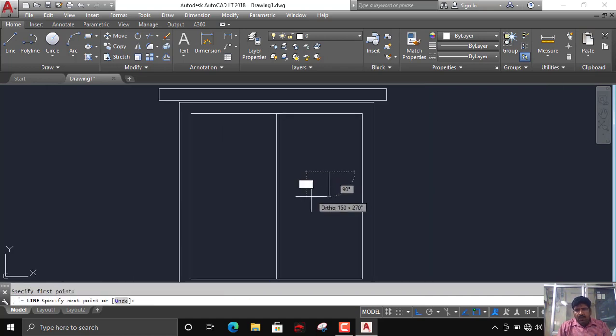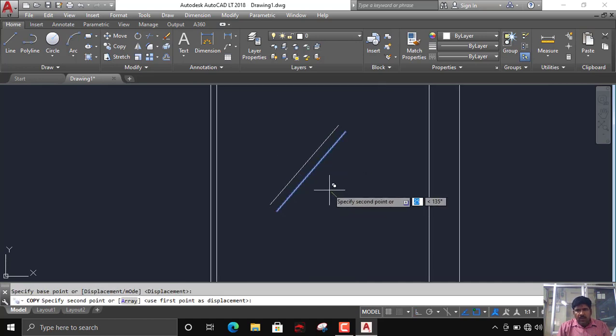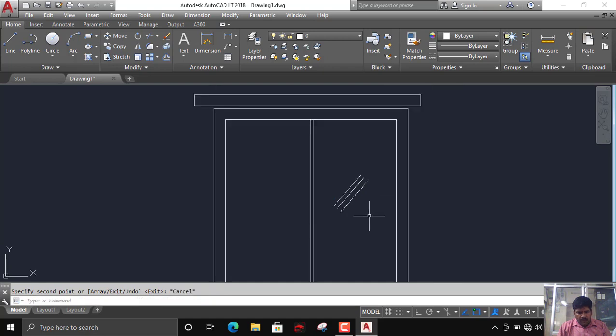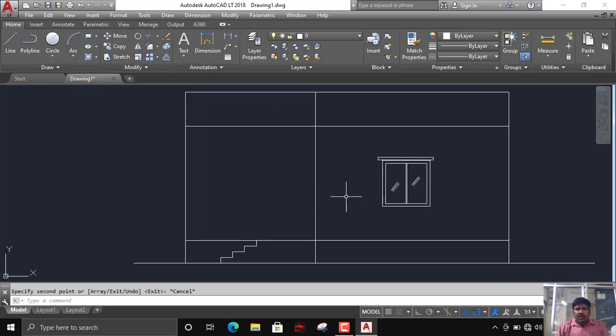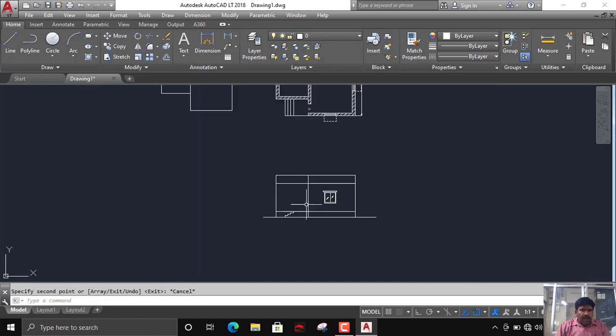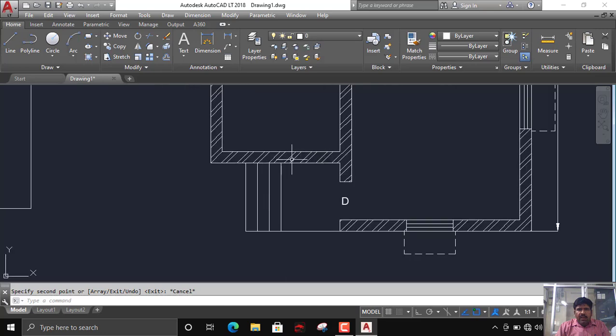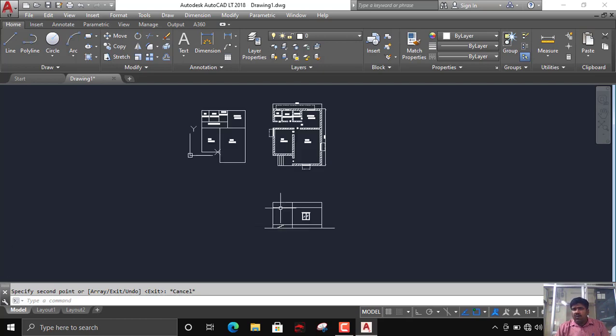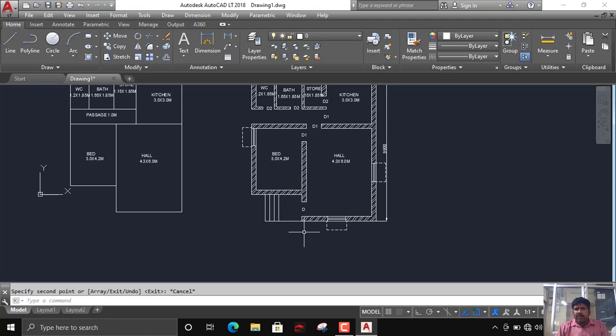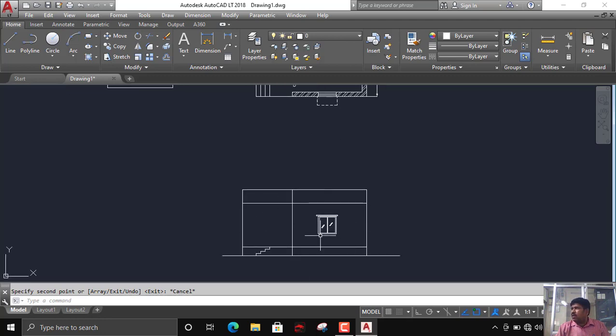Right. So for glazing and other things I can give just a window, right? There is no door, and I have not provided any window here. If you have provided a window in this location, here also you need to draw the window, right? Whatever you look at from here, the elevation, you need to draw here.